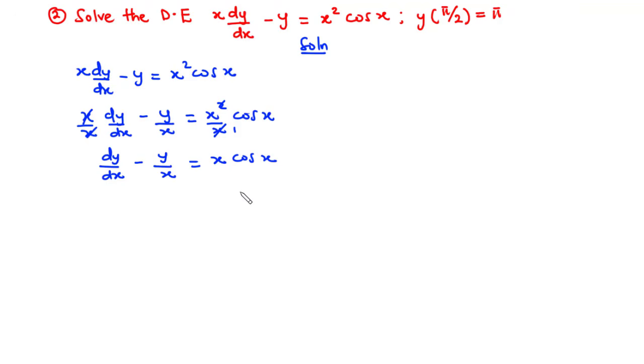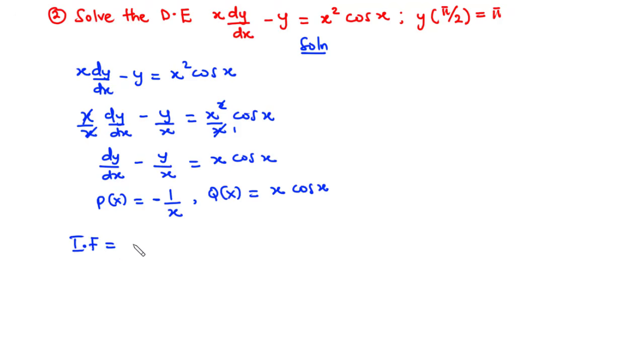So let's write down the expressions for p and q. We are going to have p of x to be equal to negative 1 over x, and then we have q of x to be equal to x cos x. So next, let's find the integrating factor,